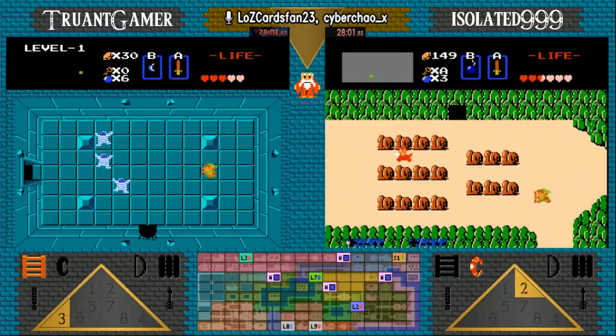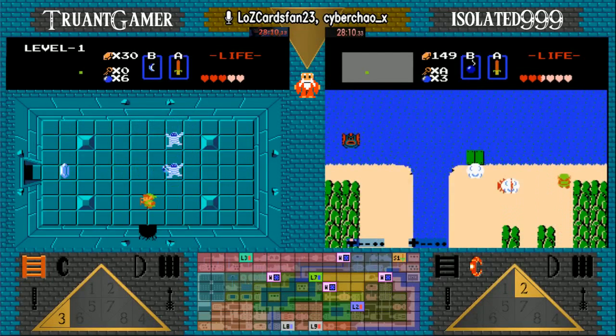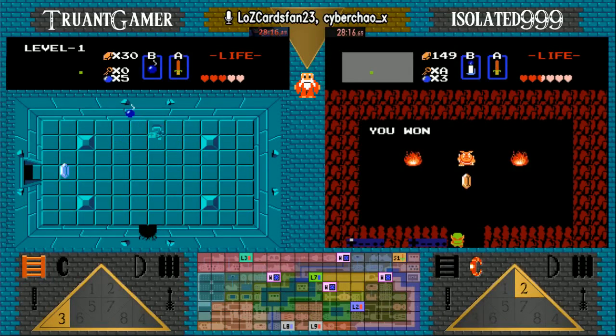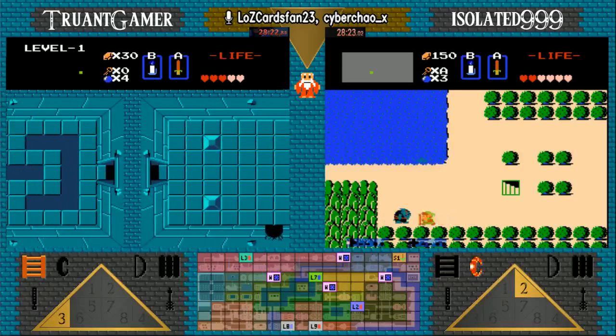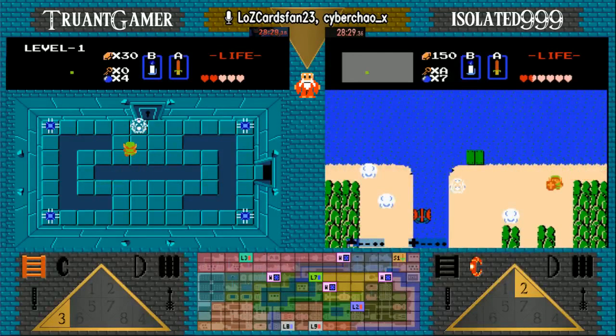That is true. Isolated999 does not know that. You make a very good point there, CCX. It is a solid purchase for this reason. It is good for what you just saw right there. It reflects those Lynel swords that he just got shot at with. Also, the Zora fireballs, the Wizzrobe beams, and the fireballs that come out of those dragon statue turrets. They're very effective for blocking those, but you've got to be careful of one thing, and this is very important considering we're not dealing with a 0 HP situation. He's got to be careful he doesn't get swallowed up by a Like Like. If he